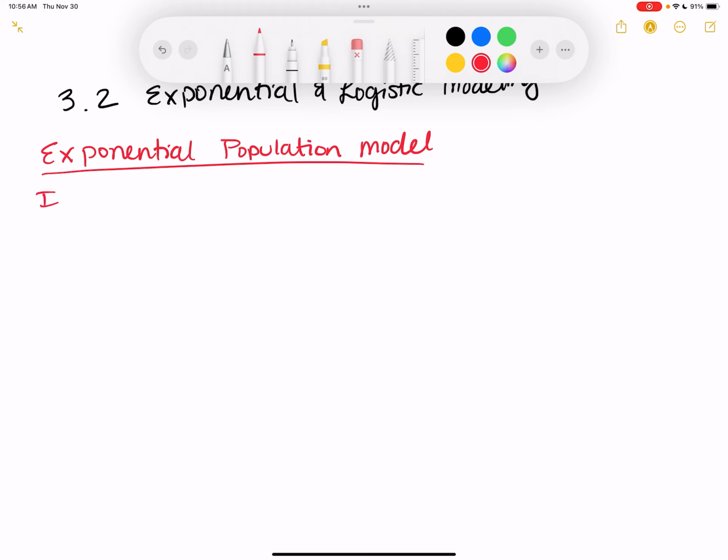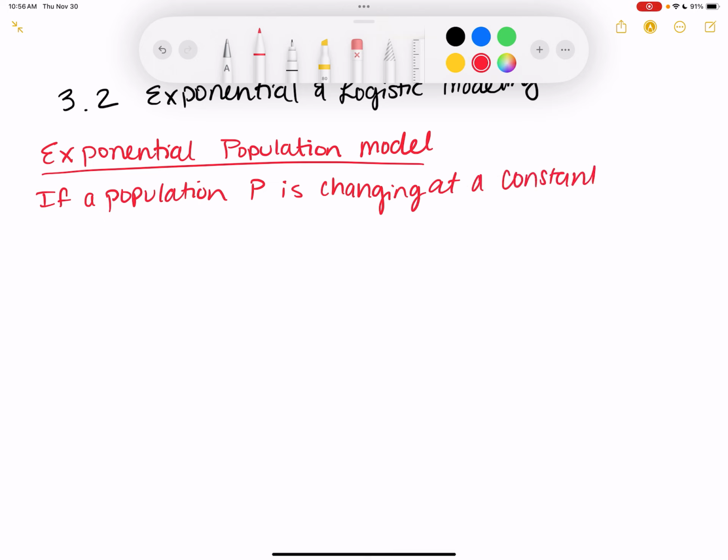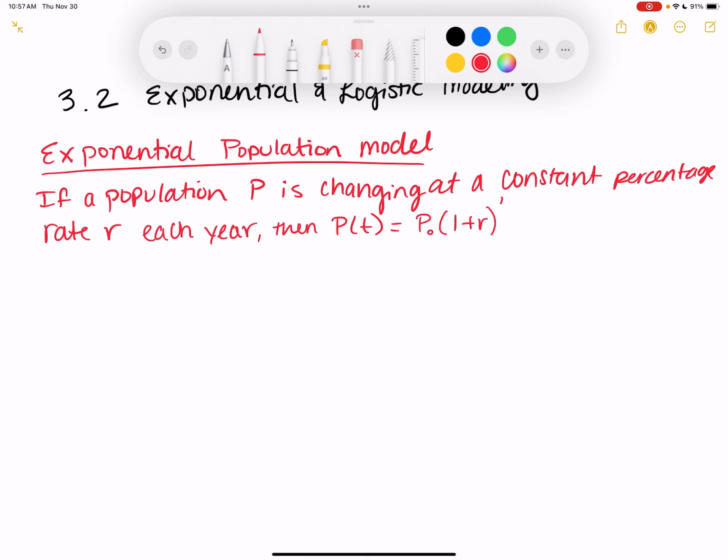If a population P is changing at a constant percentage, or constant percentage rate R, each year, then P of T is equal to P sub 0 times (1 plus R) raised to the T, where P sub 0 is the initial population, R is expressed as a decimal,